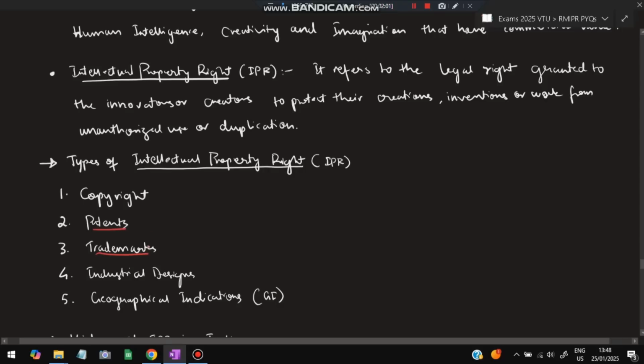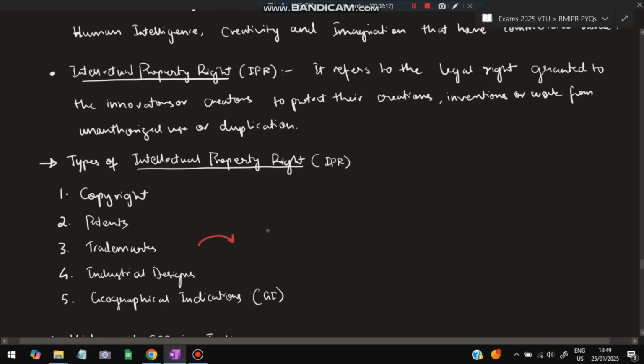What is a trademark? A trademark is a distinctive sign, logo, or symbol. It is distinctive and it differentiates a brand or a good and its services. It helps the consumer identify that service by looking at it.